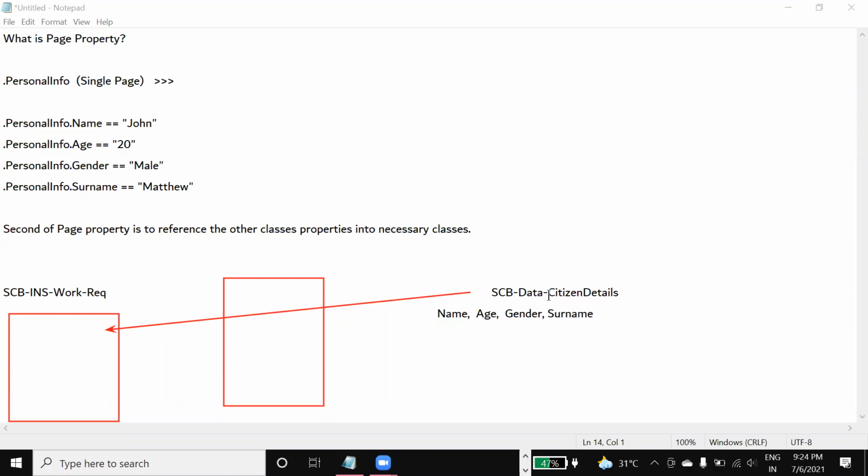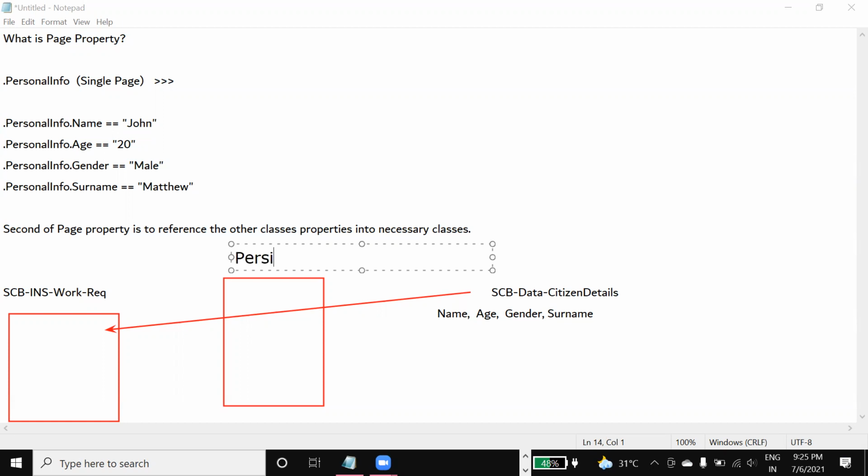There is no inheritance path between these two classes, so we cannot reuse the properties from this class in the work class. In this situation, instead of creating another set of properties, we are going to reuse the existing properties using a mediator, that is, a single page.